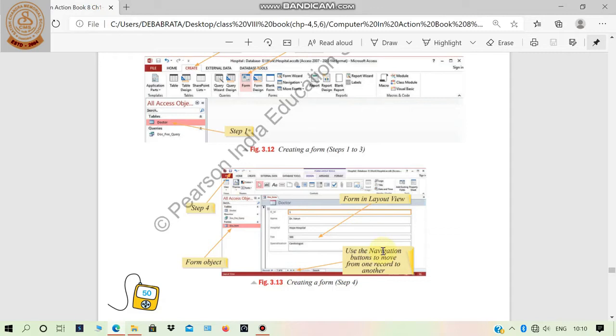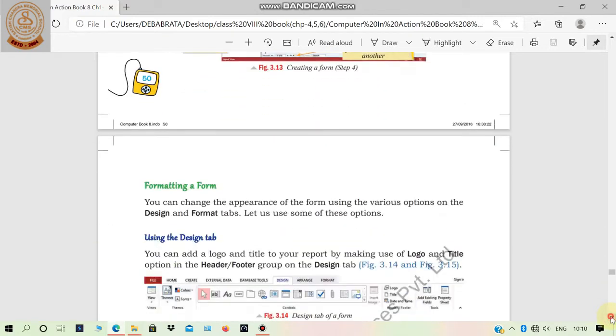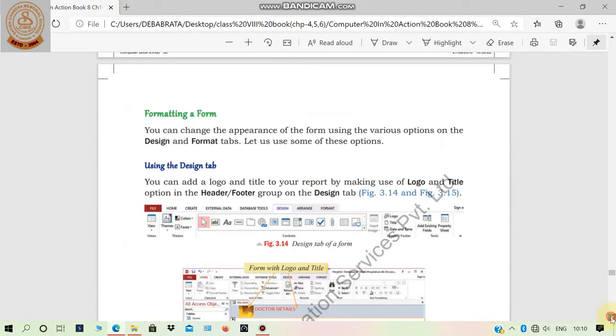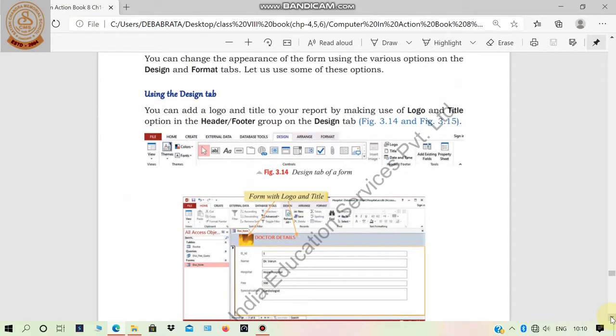When your form is opened with layout view, then design, arrange and format, as you can see my mouse pointer, these 3 extra tabs will be displayed on the window. Now we are going to the next part, formatting a form or designing a form.